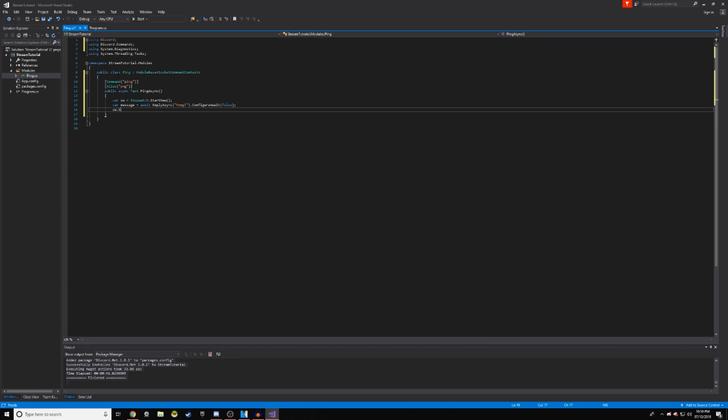Then we're going to do sw.stop. So after we stop that stopwatch, basically what it's going to do is as soon as that stopwatch starts, it's going to see how long it takes for the bot to receive the command and send out pong. Okay. And then it's going to stop that. And now we're going to await message dot modify async m, m equals with the right arrow m dot content equals